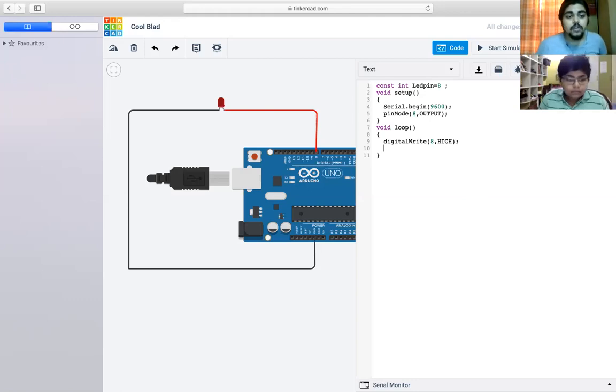Okay, now we mention delay. Delay is the time for which the entire procedure will go on, the entire time throughout which the 8 will be high. If I tell you to keep the LED glowing for 5 seconds, what will you write? Sir, 5,000 milliseconds. Very good. Since Arduino works on milliseconds and we want to write in seconds, we write 5,000 because 1,000 milliseconds equals 1 second. Okay, give delay.